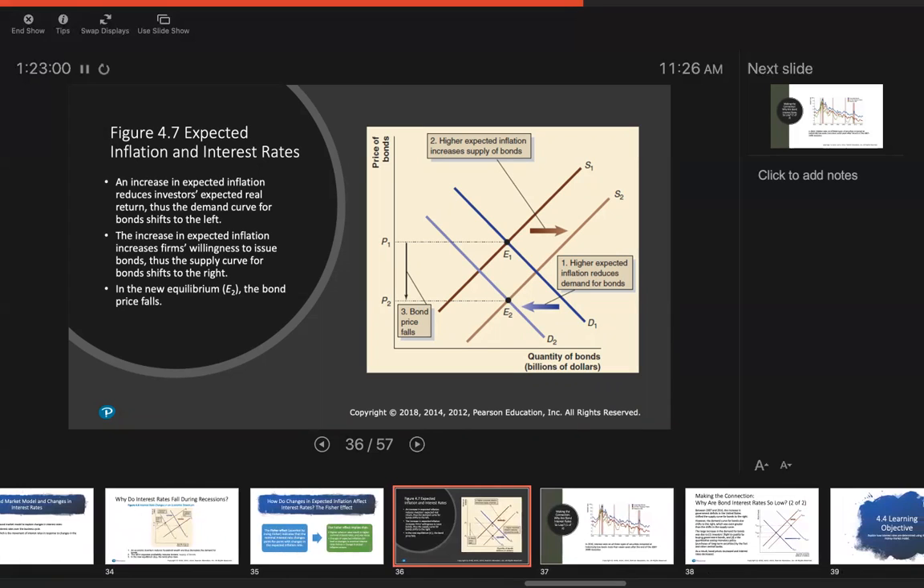Suppose we think that the expectation on inflation goes up. So let's start, we always start with a basic straightforward setup, D1, S1. That's the original setup. And in that setup, the market equilibrium is at E1 and the price of that bond is at P1. Now, suppose there is higher than expected inflation. If there's higher than expected inflation, right,